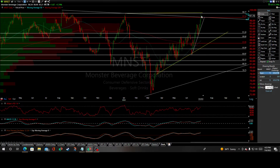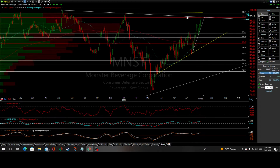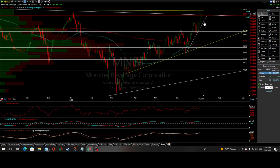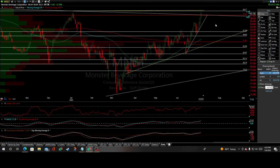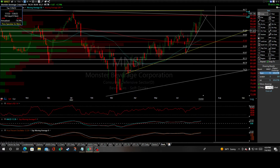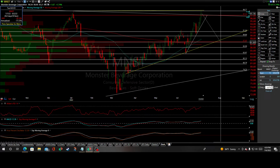And if we do get that rejection and we start to sell off below that 97.14 price support, especially if we take out this minor trend line here, which will put in a sell signal in my opinion, we'd most likely hone in on some of these targets. That first target 91.34 for a 6.4% drop, down to 89.90 for an 8% drop, down to 87.85 for